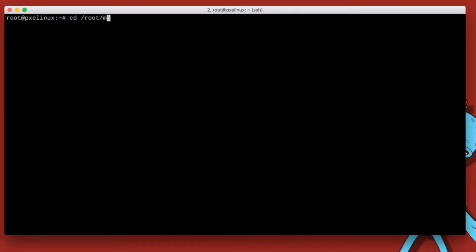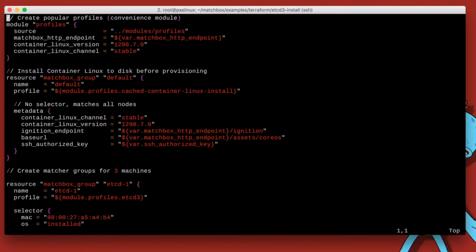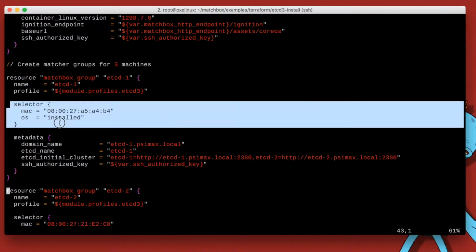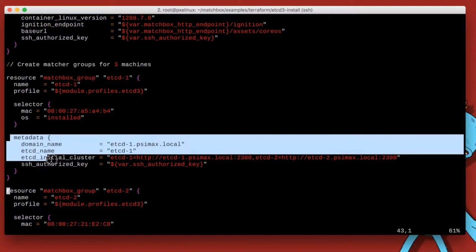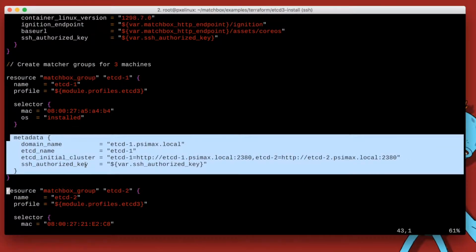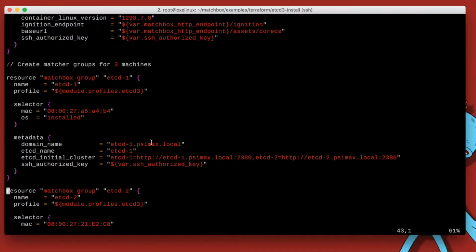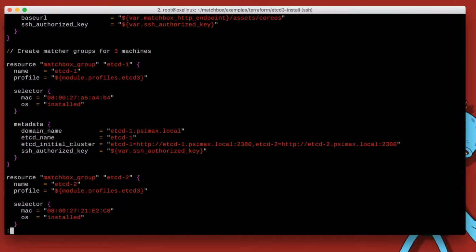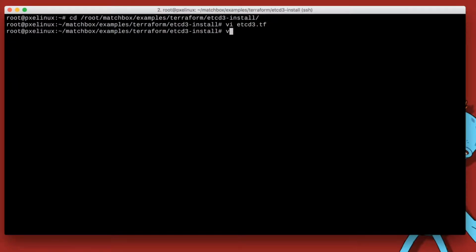Right, so I'm just going to do a quick demo on using Matchbox to provision an etcd cluster. One of the examples that comes with Matchbox is this Terraform recipe, which I have configured here to have two nodes, etcd1 and 2, and this is the selector for etcd1 and the metadata for etcd1. The selector will use the MAC address, and the metadata will be pumped into the config templates for